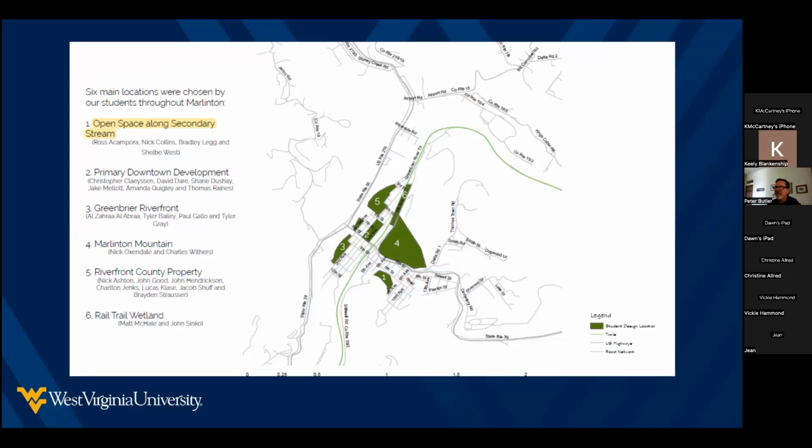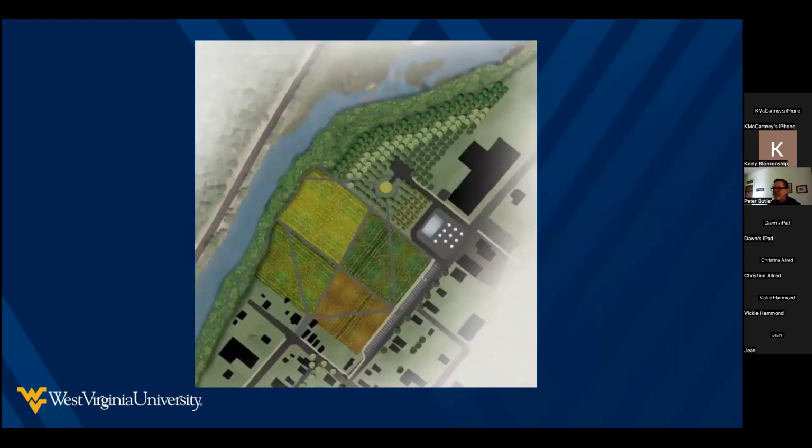An example of another planning project was in Marlinton, where the image from before was taken. So, mapping these community assets or opportunities in terms of underutilized spaces. And then some of the students chose to integrate food production as a part of their programming. So this is another brownfield site. It's right on the Greenbrier River in the floodplain. So it would be an appropriate use for local agriculture.